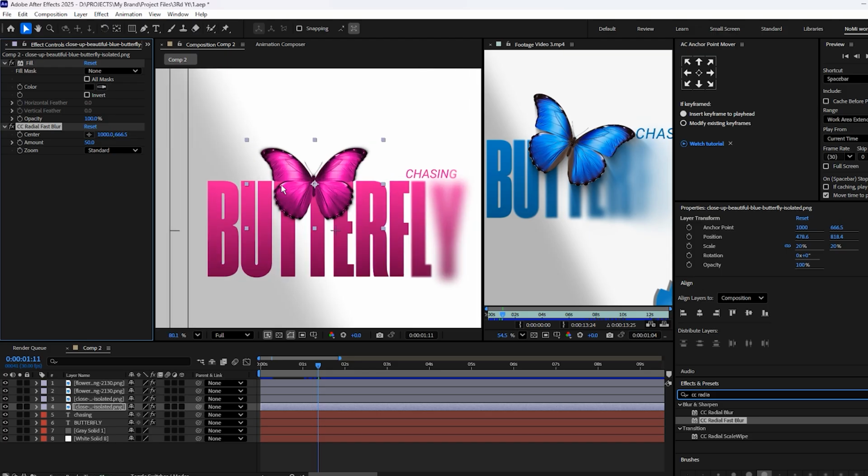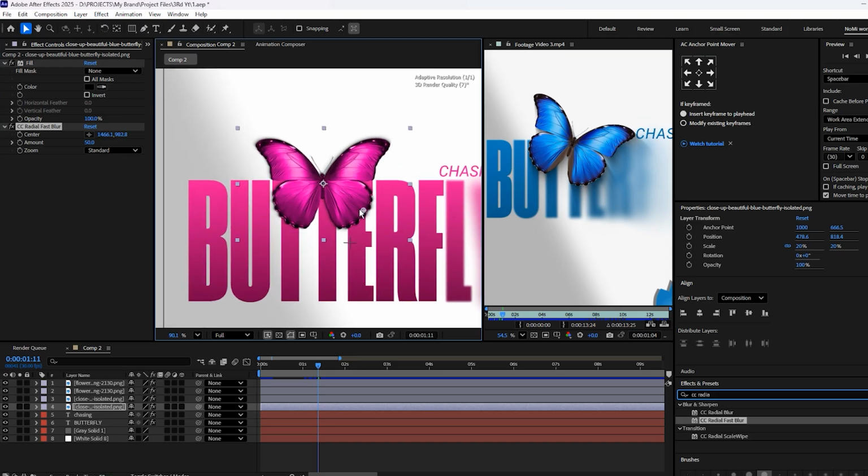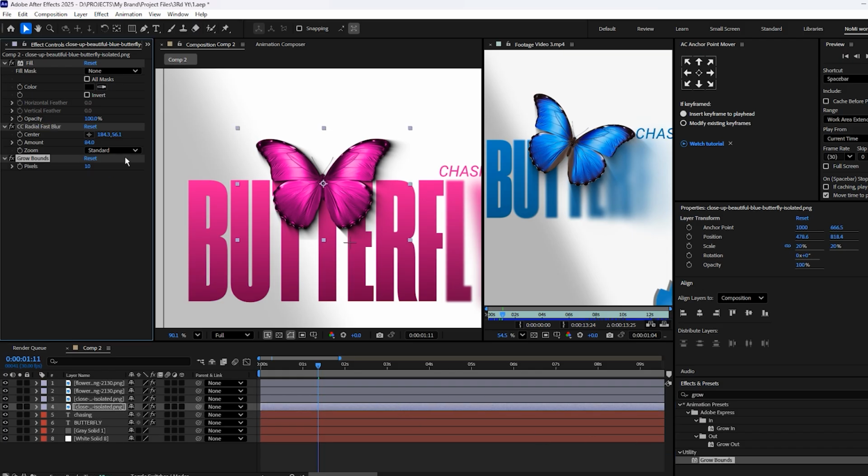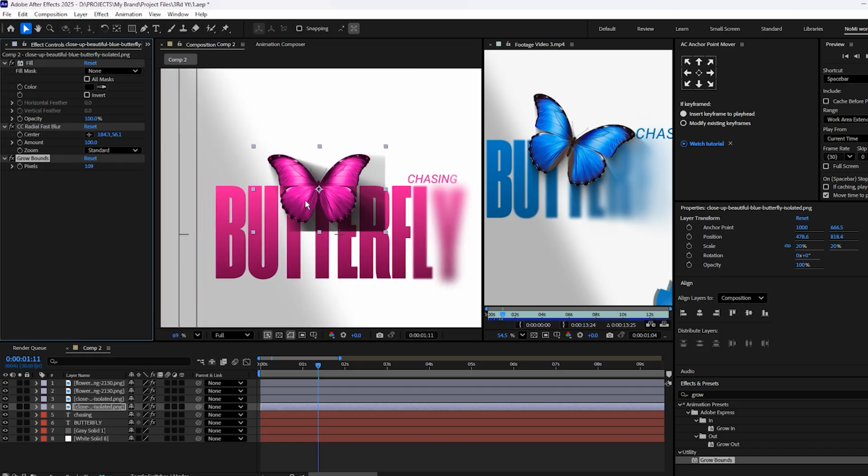I add it there. Now you see this point is for the CC Radial Blur. If I increase the amount, you see it came like that. Now I want it like this, like it's the shadow like that. So simply I have an option for that. If I add a Grow Bounds effect there, for now nothing happens. But if I increase this, let me show you clearly. If I increase the amount, now if I increase this on a lower scale,